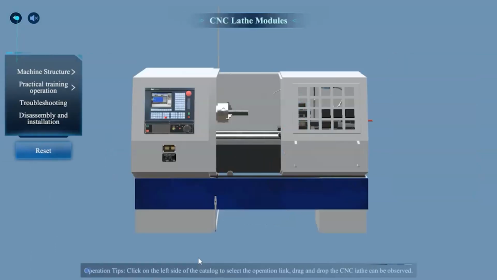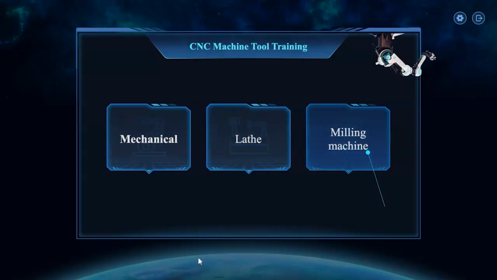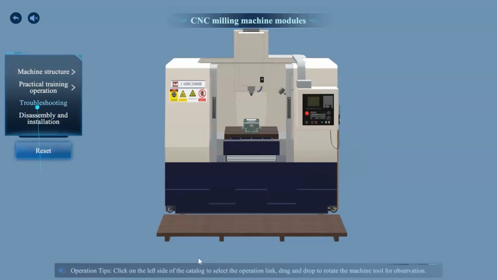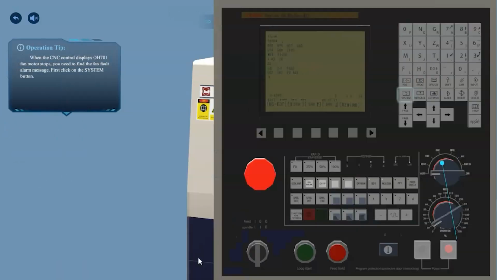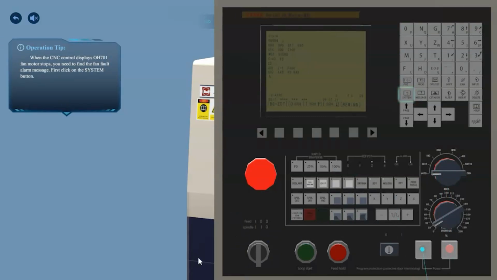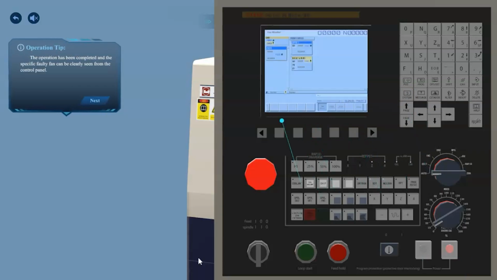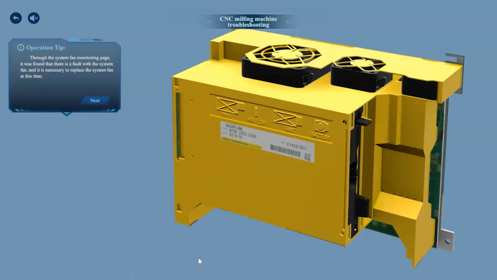CNC machining is a manufacturing process where pre-programmed computer software controls the movement of factory tools and machinery. This process can manage a range of complex machinery, including grinders, lathes, mills, and CNC routers. By creating an immersive learning experience, the CNC Machine Tool Training application helps better prepare students for industry certifications and